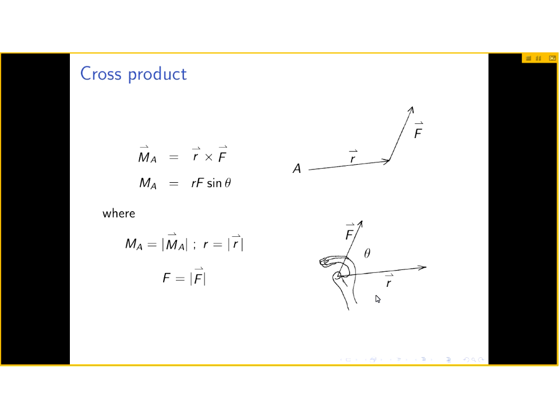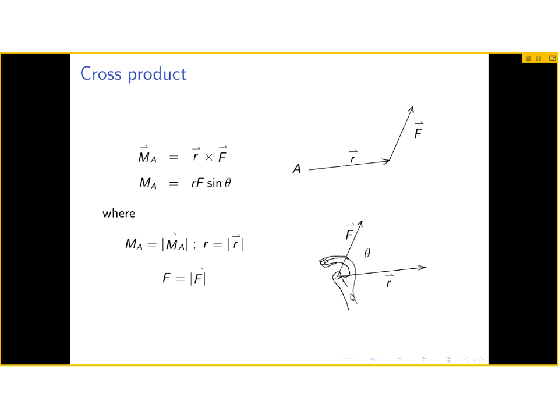Well, if I take my right hand and form it in a half fist, I position it in such a way that the first vector in the cross product, in this case the vector R, goes through my hand from the palm of my hand on the inside to the back of my hand on the outside, and I then position my fingers, the four fingers other than the thumb, in a direction so that the fingers span the angle theta between R and F,